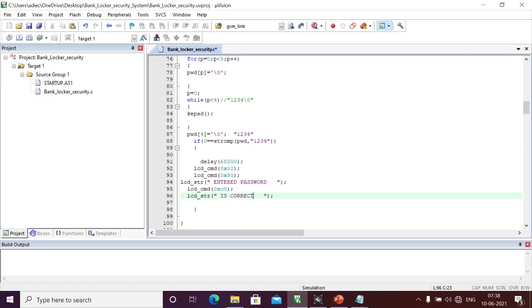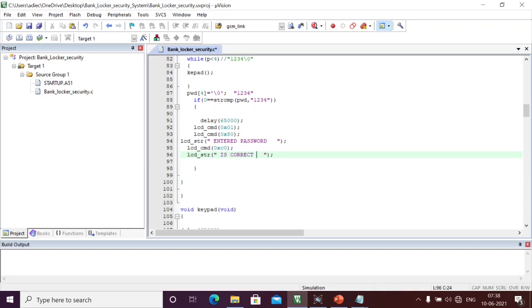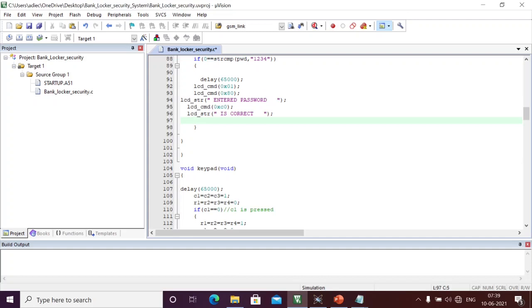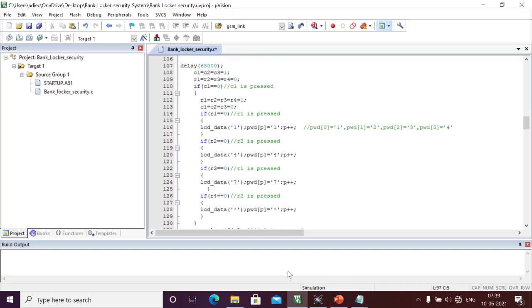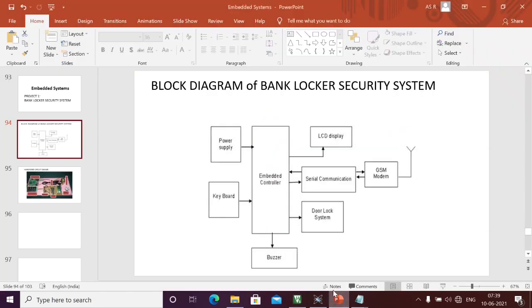Okay, here entered password is correct. Then we are going to send the message. Here I am going to send the message saying that entered password is correct, and we are going to open the door. As of now, we have not interfaced the motor and the buzzer.